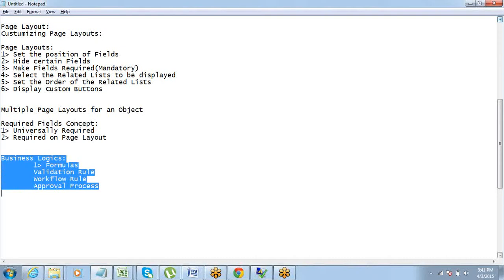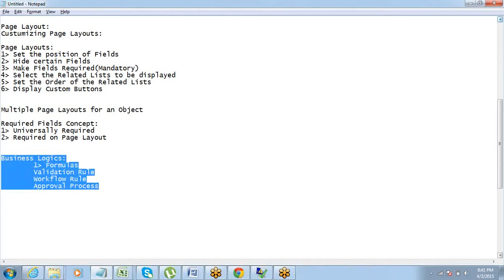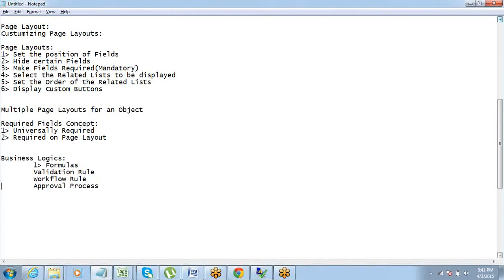One, it's used very frequently. Secondly, from the certification point of view, this business logic section comprises close to 20 to 25% of questions, right? So you will have a good grip on those questions if you are comfortable with the business logic section, which we are going to discuss today and in the next session.